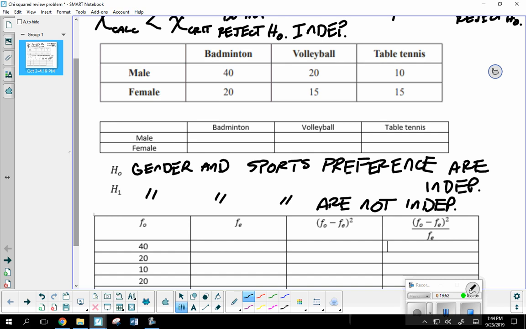So, John Henry, would you like to come on up and find those for me? Oh, sure. I'll put a little box here like that. 40 men, 20 men volleyball, 10 in table tennis. This could be 17. And then if I have 20, 15, 15. So how many men and women belong to the survey? That is an incorrect number. Quick math. So 120. Yeah, and so if you got that, that is 60. And then that is 35, and then that is 25.